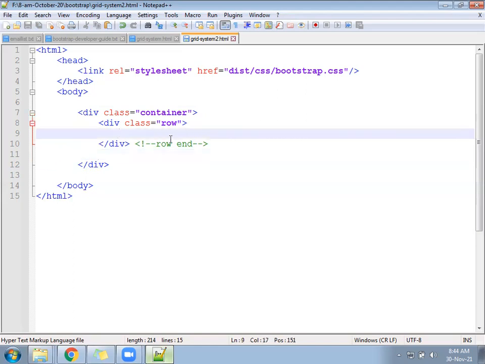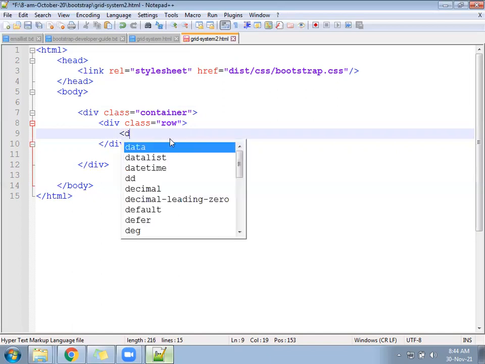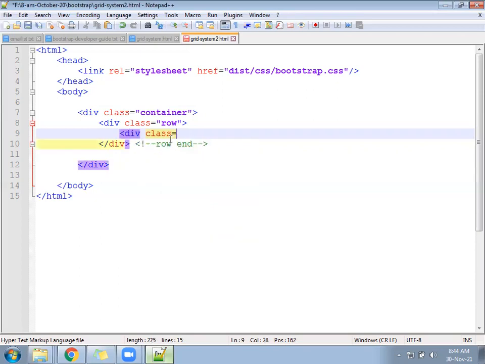So inside the row, what do we need to follow now? Columns. How many columns? Minimum 1 and maximum 12. Let's follow a div, class equal to col-lg-1 only. Write hello. Save the file.